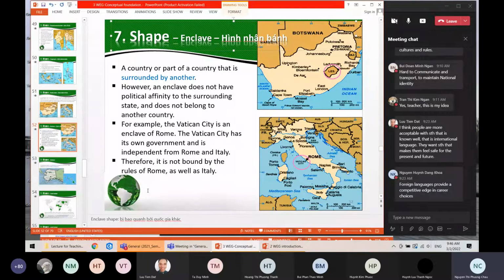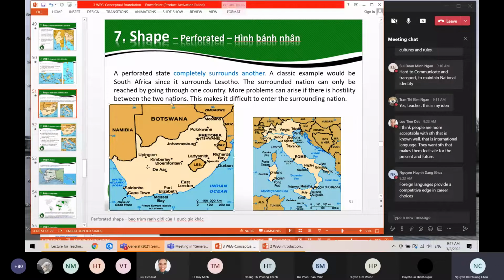Then these shapes have advantages and disadvantages as well. And it seems like they have opposite advantages and disadvantages, right? But what do you think? Which one has more advantages or more disadvantages, the bigger one or the smaller one? The bigger one, like in this case, is South Africa, and the smaller is Lesotho.